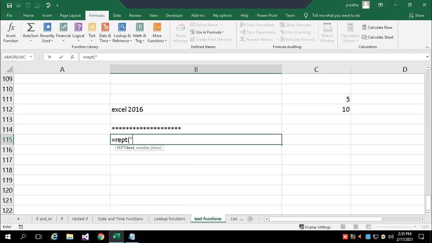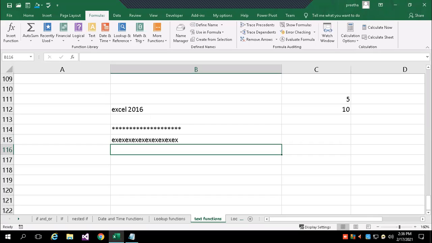It could be a single letter, multiple letters, or a word. And then comma, the number of times. If I say 10, it is going to repeat 10 times. So EX is repeated 10 times. Sometimes you want to repeat a text many times in a cell. Then you can use REPT.